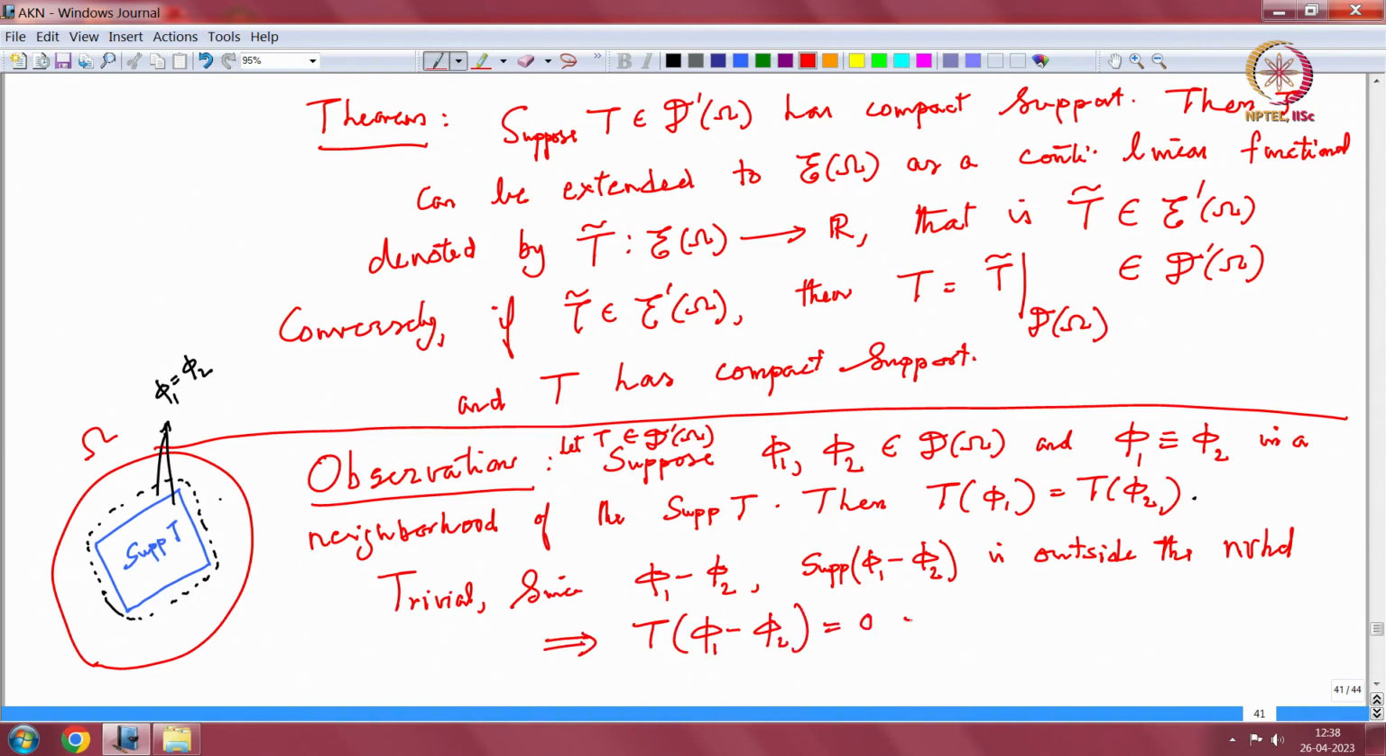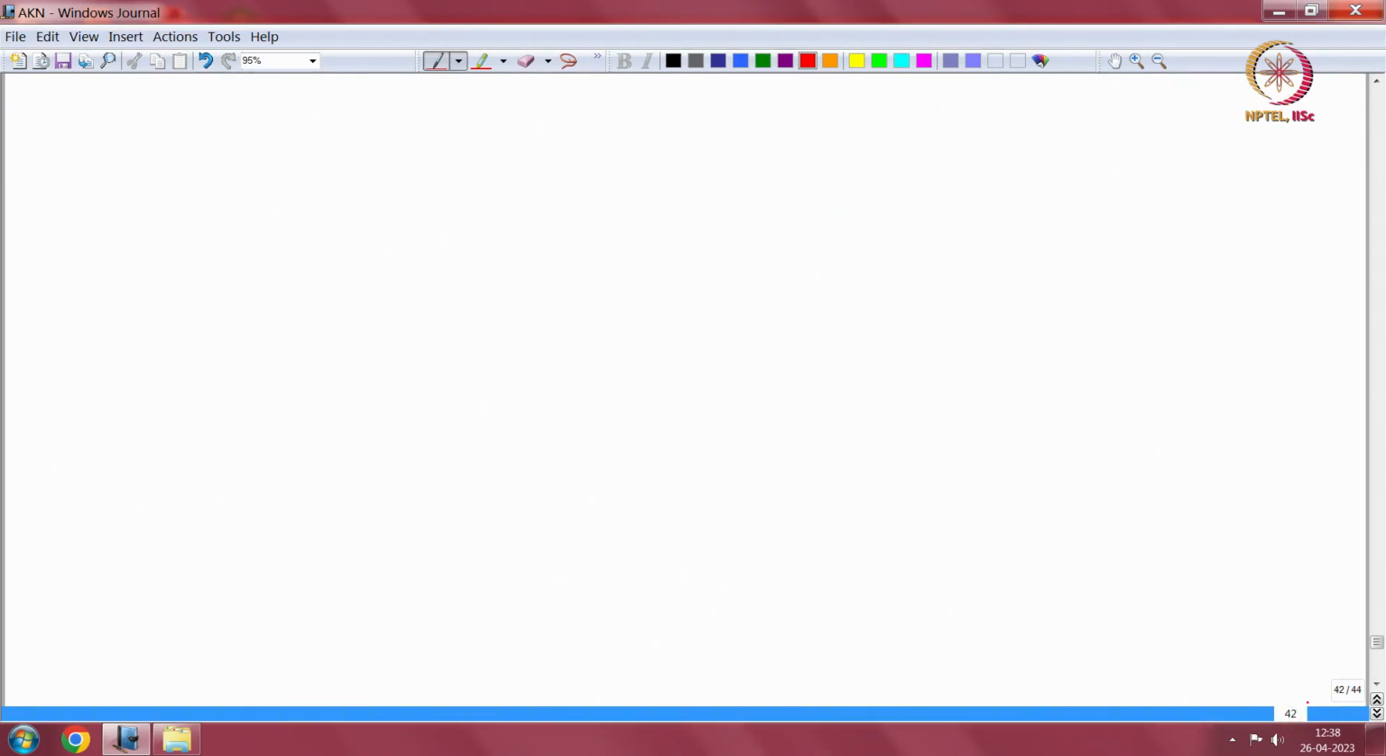But T is linear, that implies T phi 1 is equal to T phi 2, okay. This is a very, very important thing. Now let us try to give the proof of